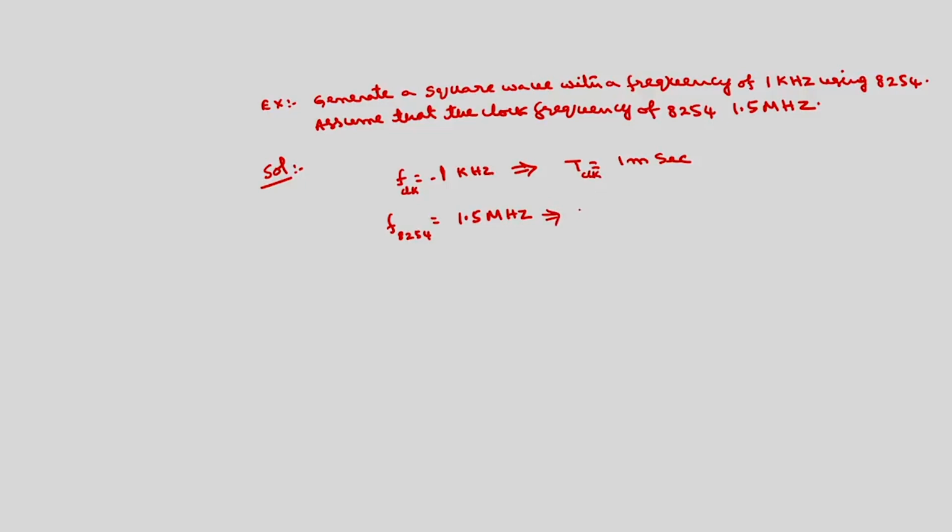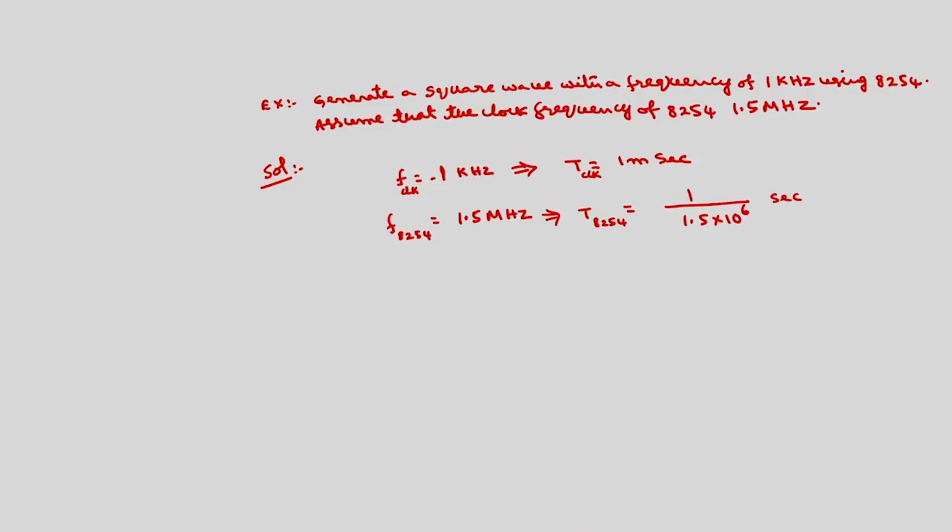Implies the time period of the 8254 clock is 1 over 1.5 into 10 raised to the power of 6, this many seconds. Okay. So, in order to generate the square wave using this 8254 in mode 3, we have to load